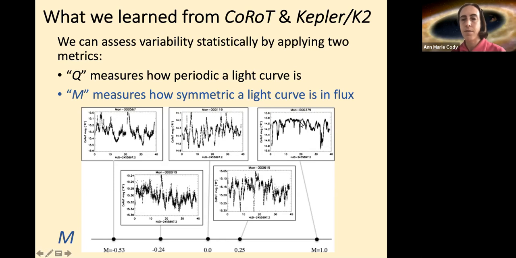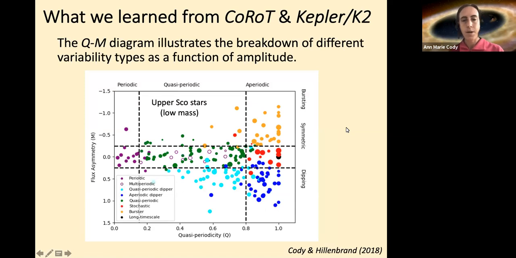So they have sort of a continuum level below which they display fading events. Now, if you have a more symmetric light curve, like a stochastic example, then you would get a value of 0. So why am I showing you these statistics? Well, it turns out that if we measure these statistics, which are described in my papers from 2014 and 2018,